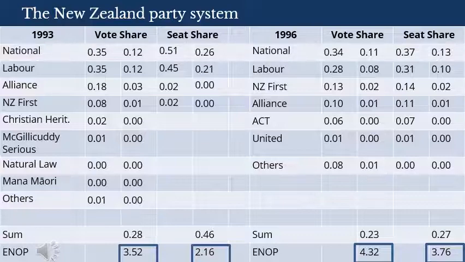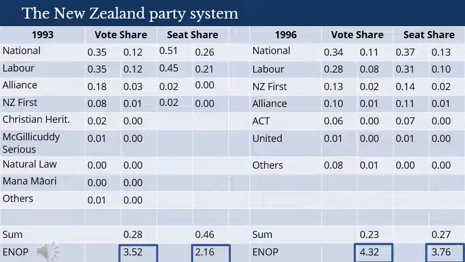However, in 1996, with PR, the effective number of parties in the electorate was 4.32. And that was increased partially in the next election because people knew it wasn't a wasted opportunity anymore to vote for smaller parties, since under PR they had a much greater chance of getting in. So you had an effective number of parties in the electorate of 4.32, and in terms of effective number of parties in the legislature, this was reduced to 3.76, which is a reduction of just 13%, or 1/3 of the reduction seen in first past the post.